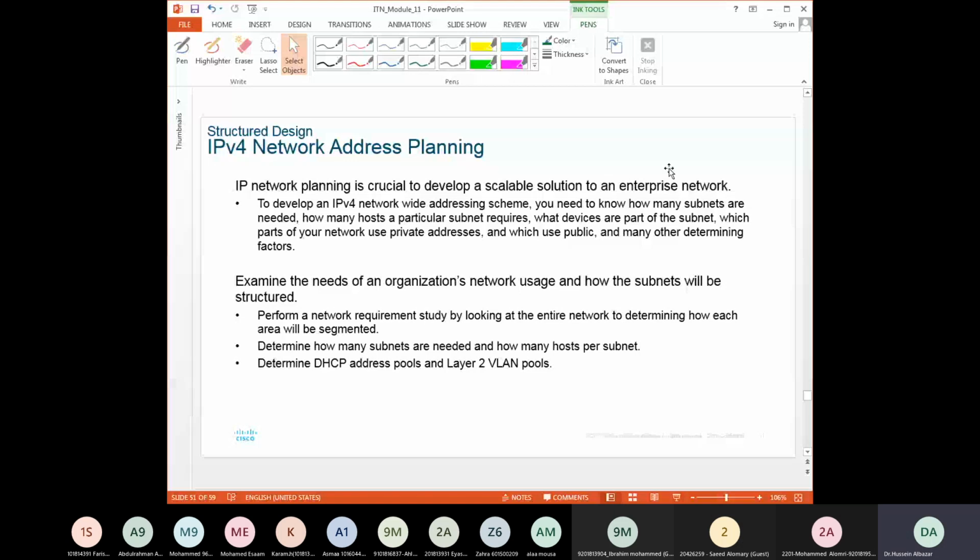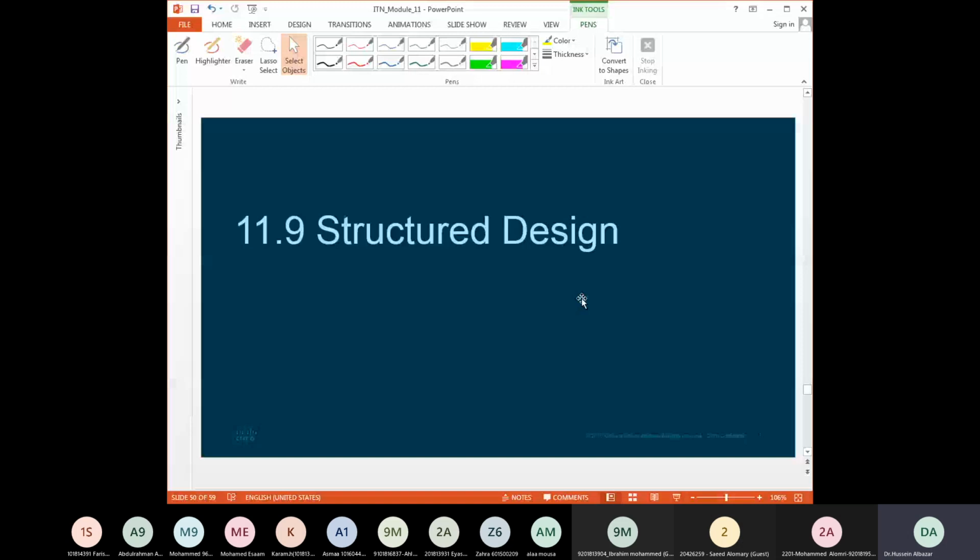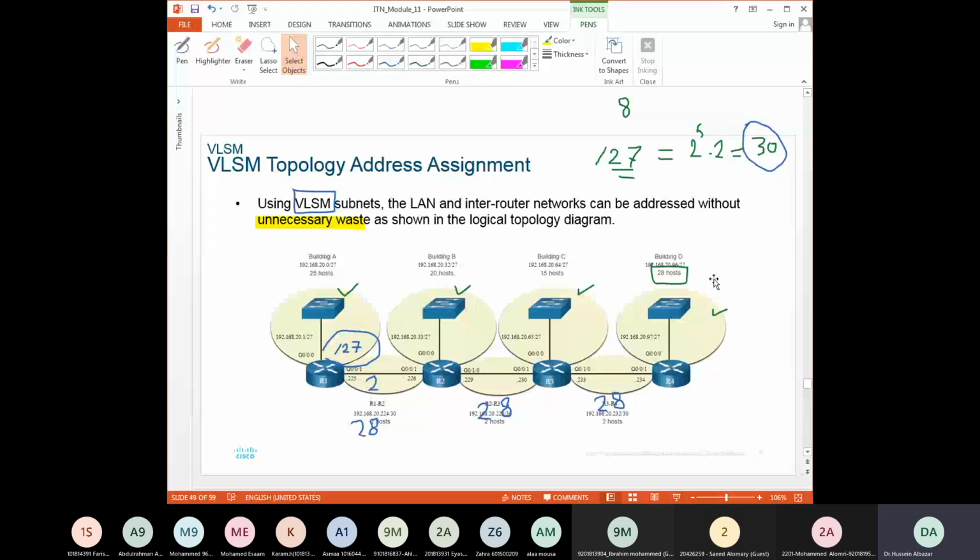In this scenario, I have 3 subnets with prefix 27 unused, because I used 1 2 3 4 5 6 7 and some are not used, and I have 5 subnets with the prefix 30 unused. So my network is scalable in this case. ممكن تتوسع بمعنى آخر. So to develop an IPv4 network-wide address scheme, you need to know, before you subnet any network,